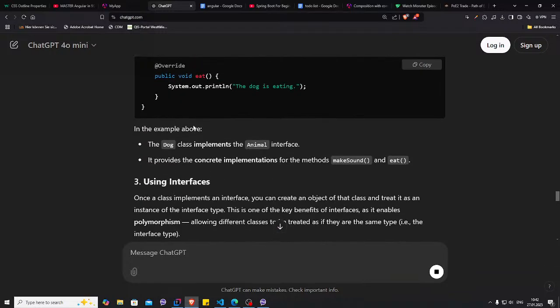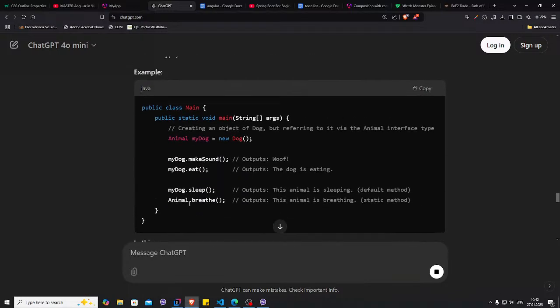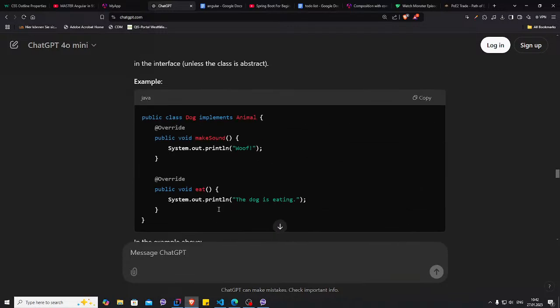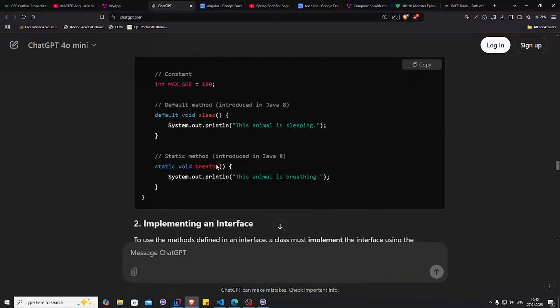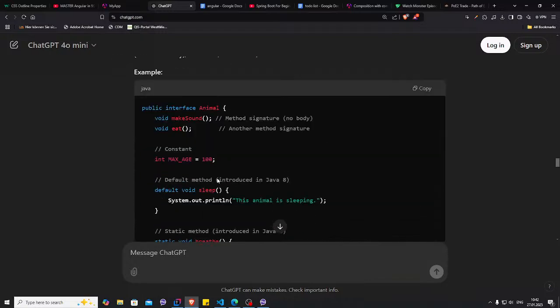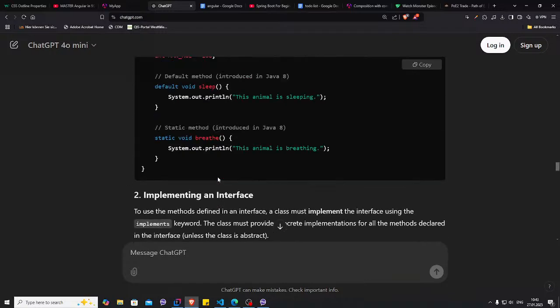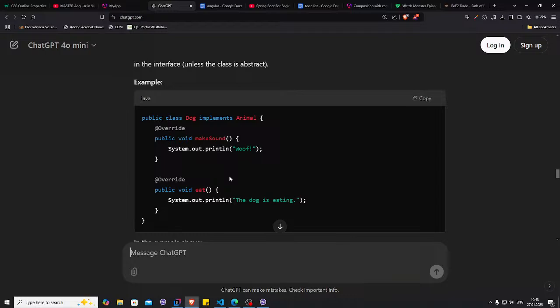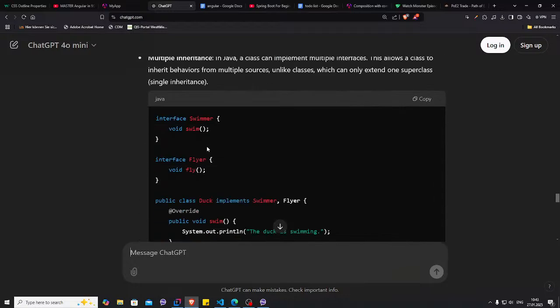Yeah, with the override. But the thing is, you can make objects of the interface. Class dog implements animal, and animal is an interface. An interface can have methods and constants. I think that's a bit too deep, but